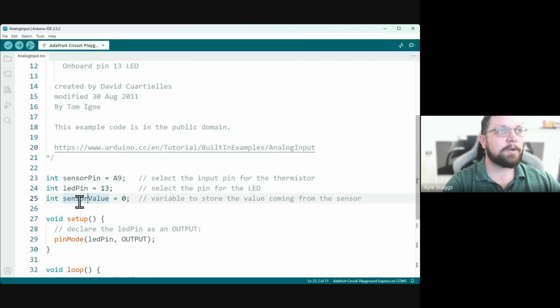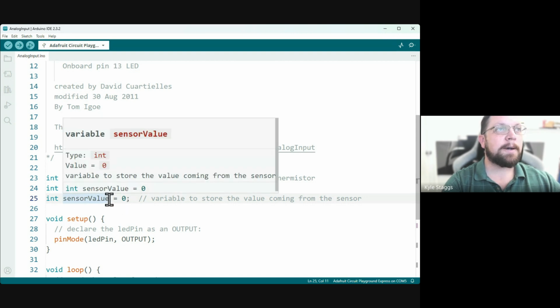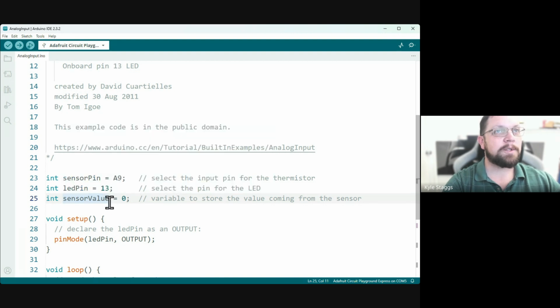Then we're introducing something new called a variable for sensor value. And this is where we're going to store the sensor data, right? Because think about the incoming data as something like a stream of water, as soon as you turn on the